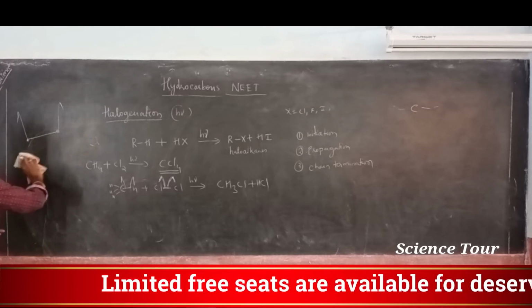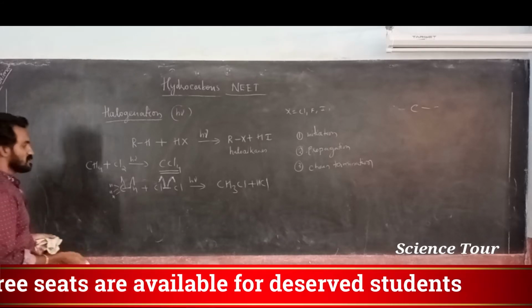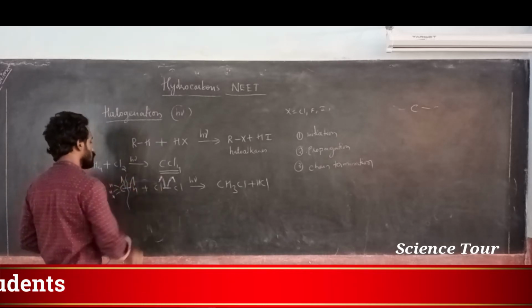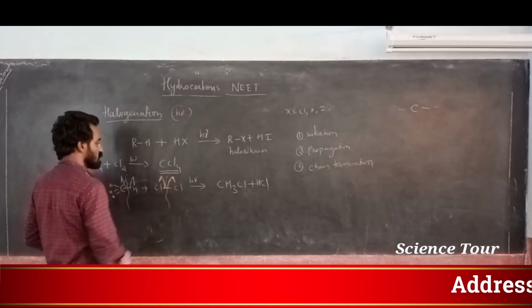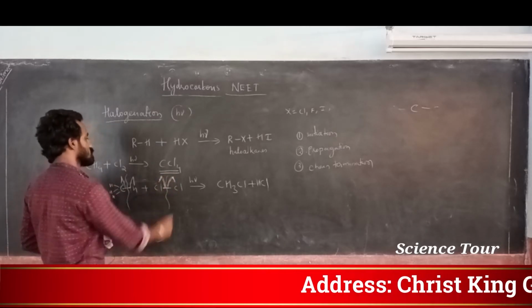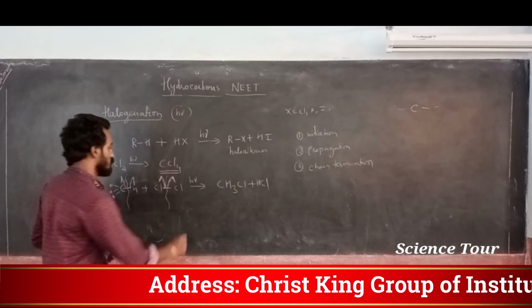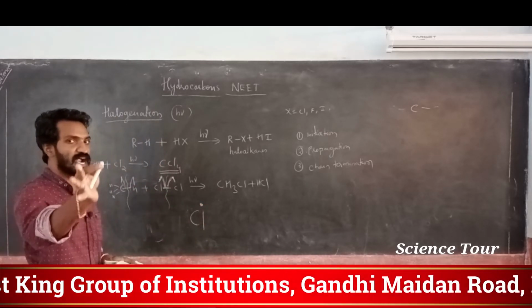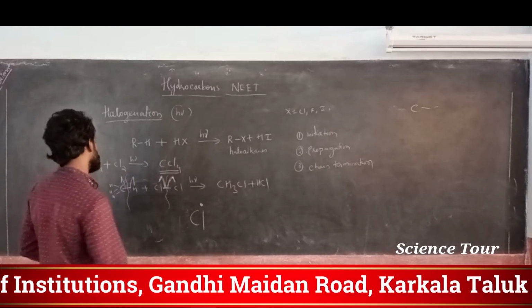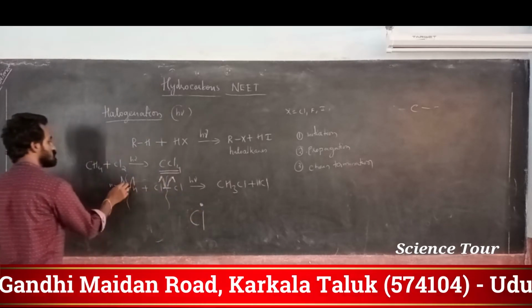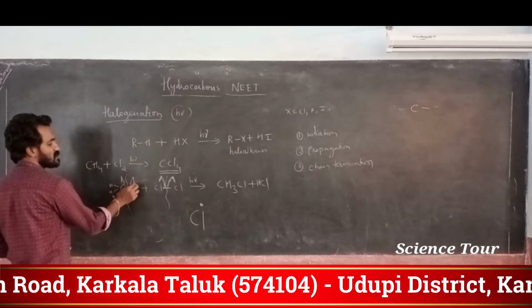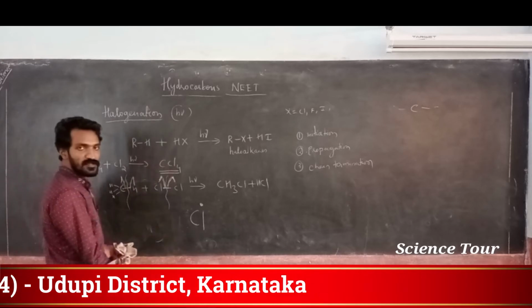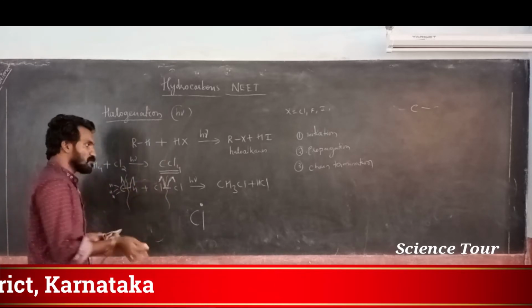So a single electron is called a free radical. In this carbon it gets one electron, in this hydrogen it gets one electron by breaking this bond. This chloride gets one electron, this chloride gets one electron. A single electron on this particular chloride is represented like this. It is nothing but a free radical. Understood? So this free radical will combine with this free radical, and the H-containing free radical combines with the Cl-containing free radical, and it forms a bond. Two single electrons combine, it forms a bond.